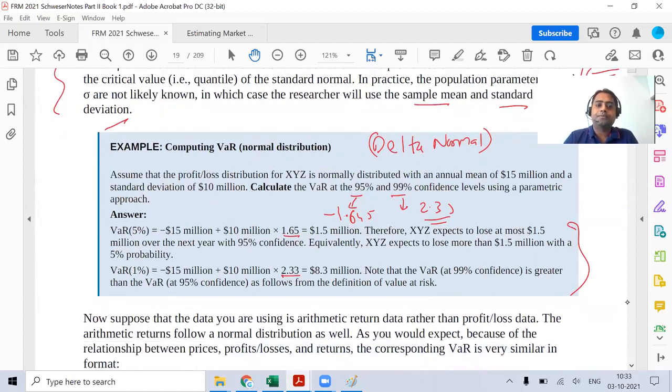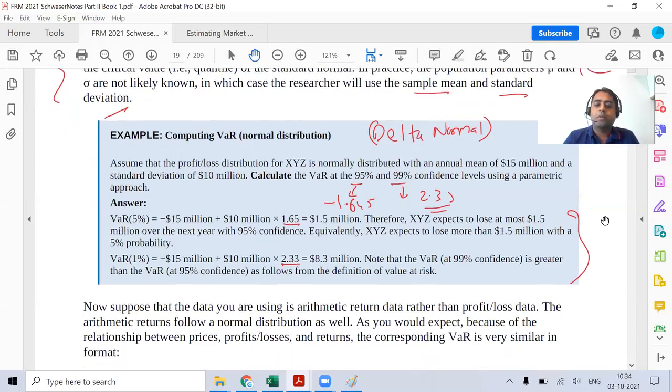Kindly look at the question. It is slightly unlikely that they might ask you a question directly connected to delta normal. They might ask you a question related to log normal returns. Yes. I'm assuming that the people have seen the question, and it is again just a repeat of level 1.